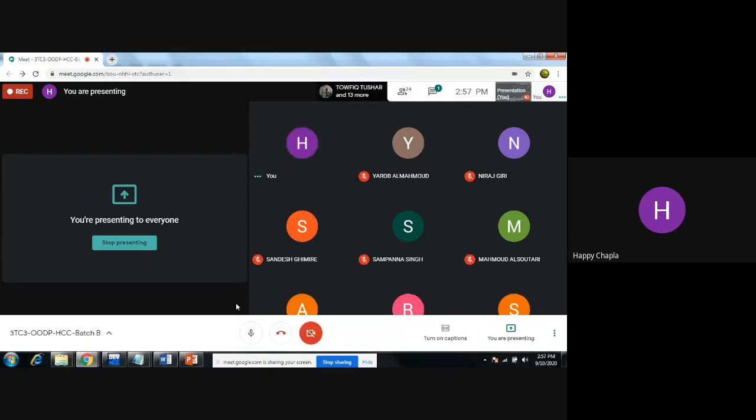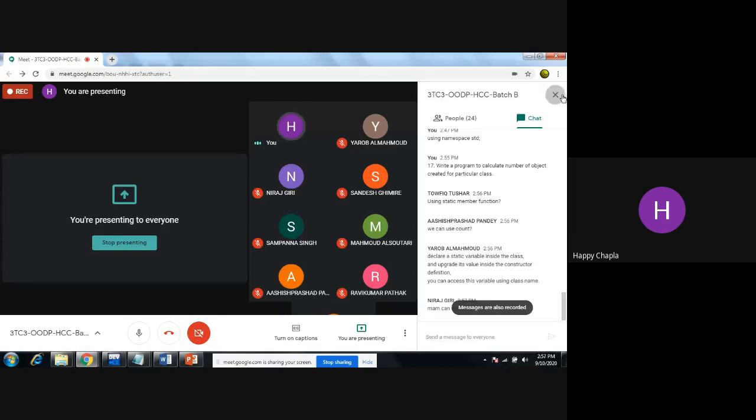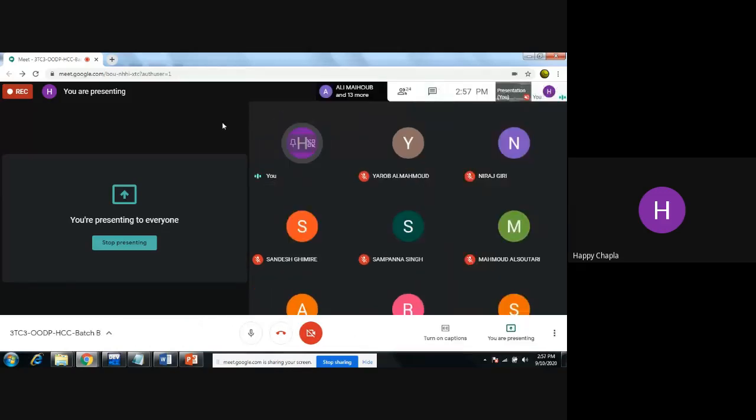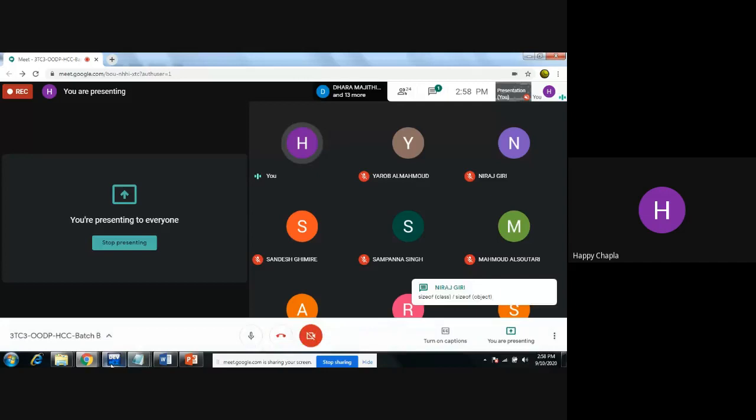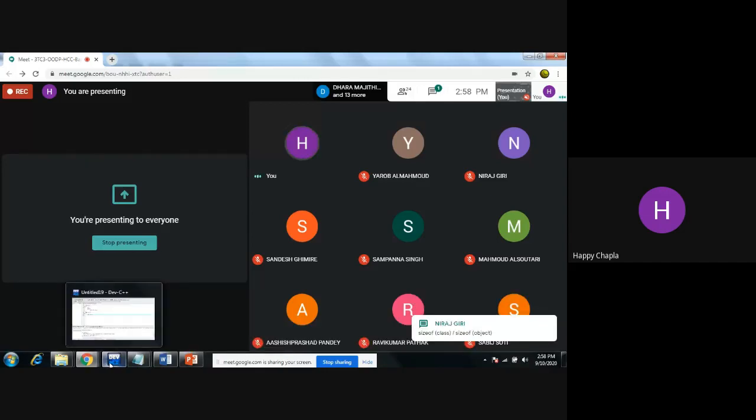Size of, for what do you need to do? See, I'm giving you the two logics. If you have another logic other than these two, you can do it. Size of will return you the size of your particular data type. Now, one logic is you can use the static variable; size of class, size of object.